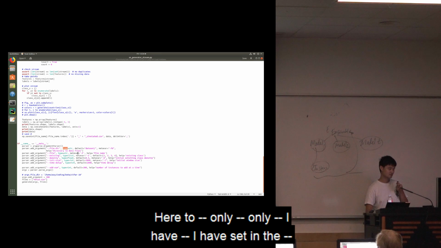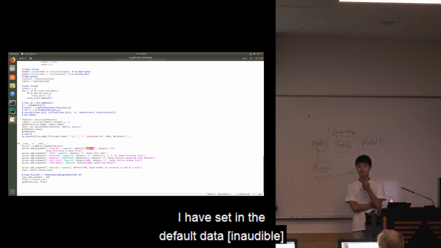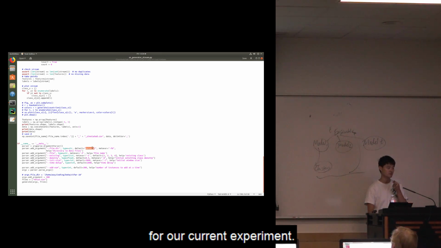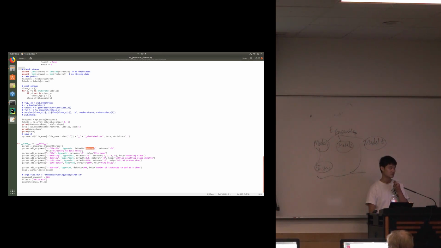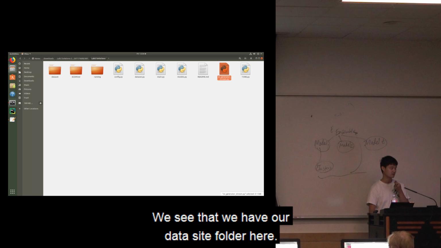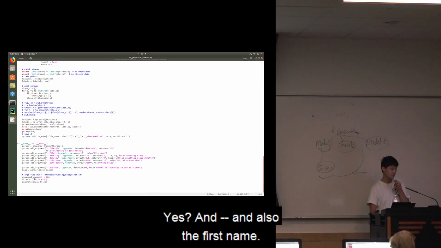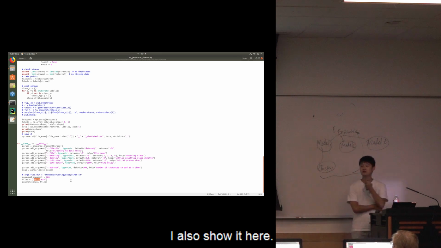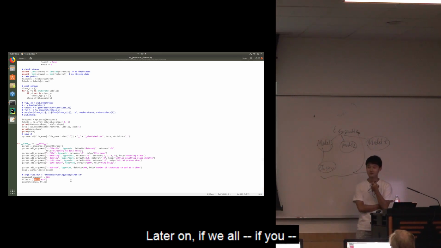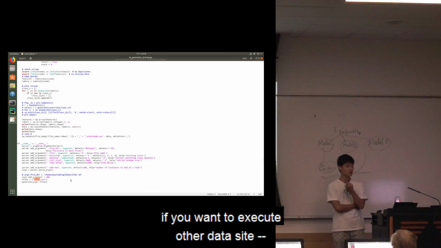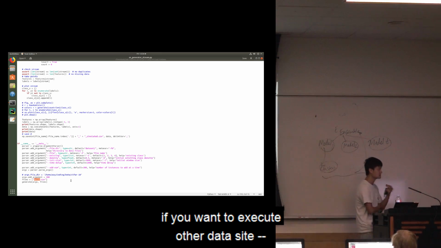Here, I have set the default data path for our current experiment. It is the data set. We see that we have a data set folder here, and also the file's name. I also show it here. Later on, if you want to execute another data set,